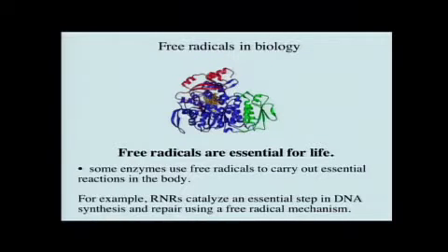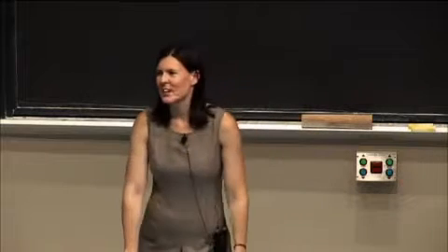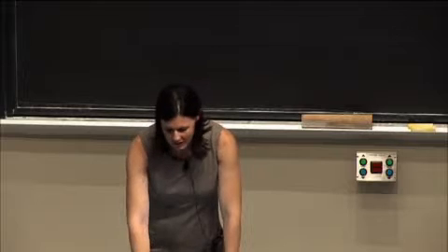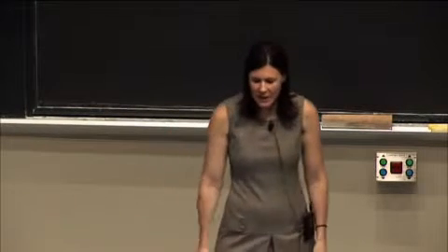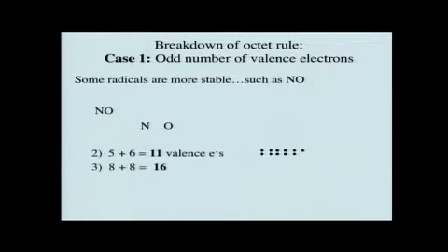So free radicals are definitely very interesting, and hopefully you will get into organic chemistry at some point and get to really think about what they do in terms of a radical mechanism. We can think about radicals that are also more stable, so let's do another example with the molecule nitric oxide. So we can again draw the skeleton here, and just by looking at it, we might not know it's a radical, but as we start to count valence electrons, we should be able to figure it out very quickly,